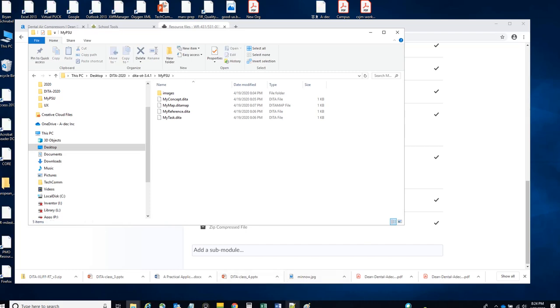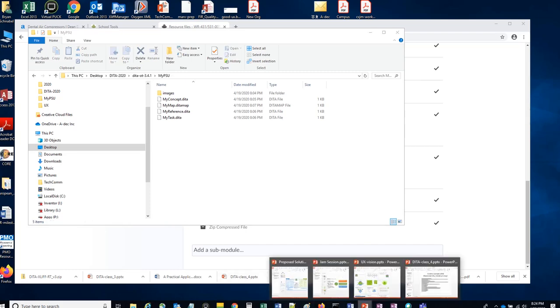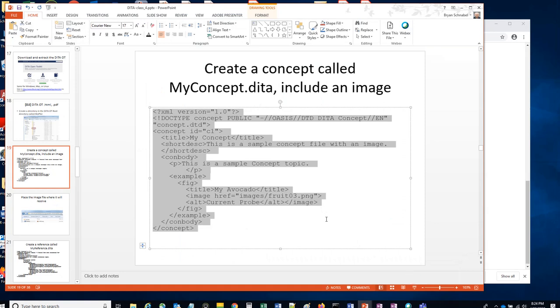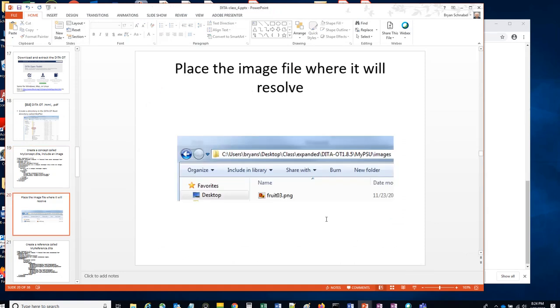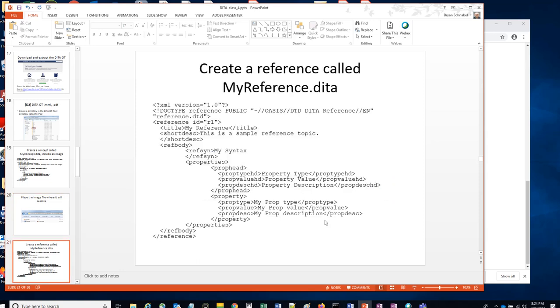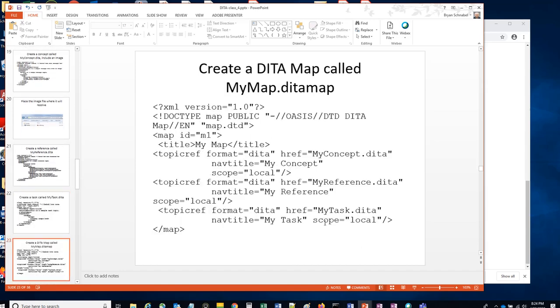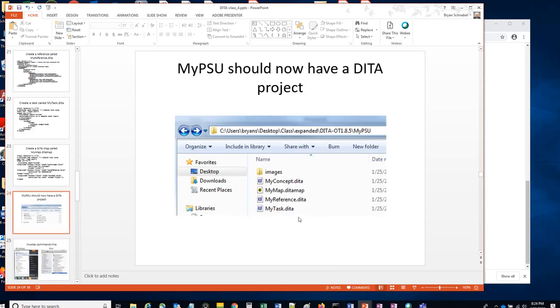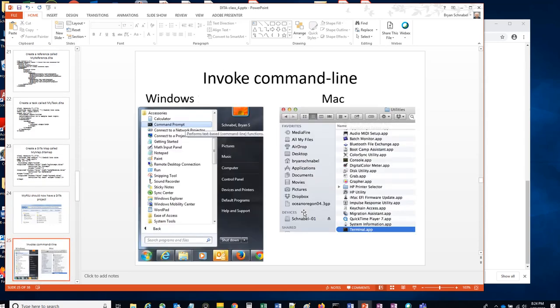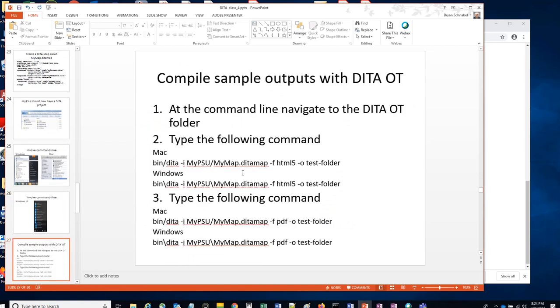in this example. So I've already completed the myconcept.dita, and I put the image in the images directory, and I named it fruit03.png. I created, using the same method that I just showed you, my reference.dita, and my task.dita, and my map.ditamap. So I have all of that, and then I'm going to invoke the command line, and I'm going to do